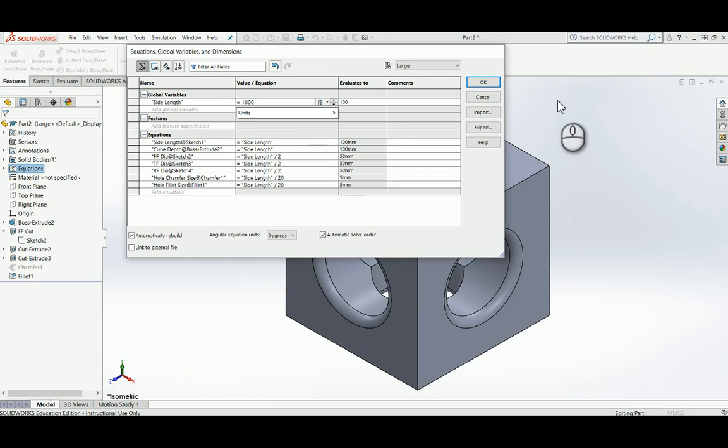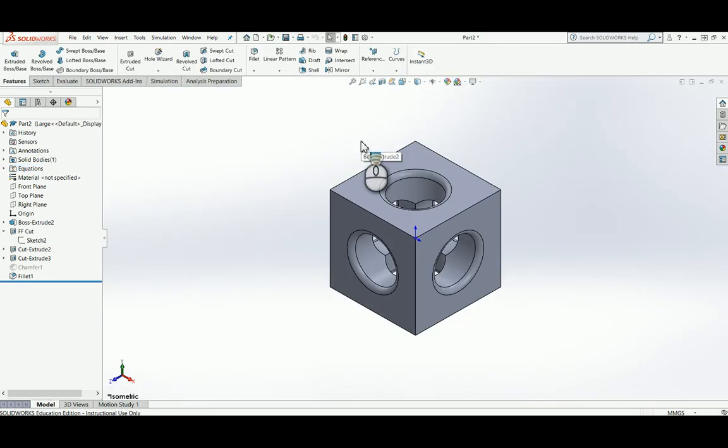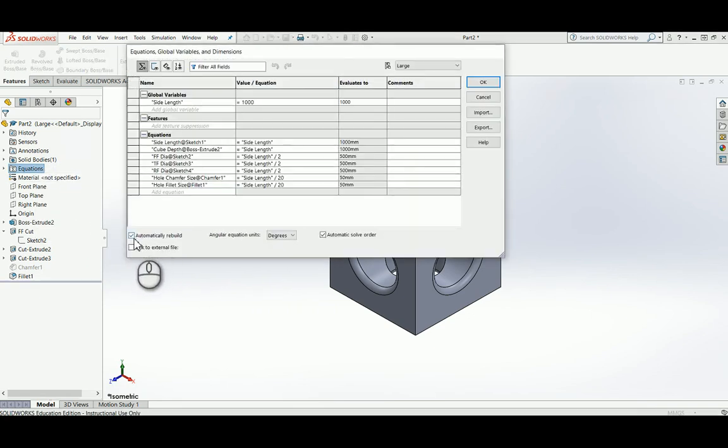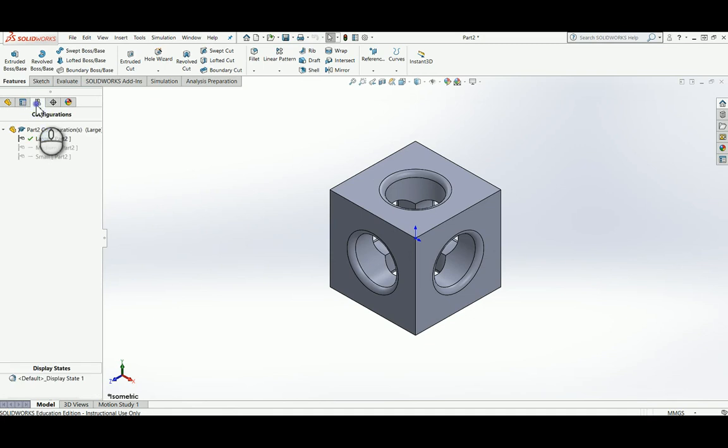Okay, and then what I can do is specify, so I'm going to say OK with that. Okay, and you can see everything changed, and because I had this checked, it automatically rebuilt as soon as I said OK. All right, now what I can do with this guy is I can actually go in and choose another one,